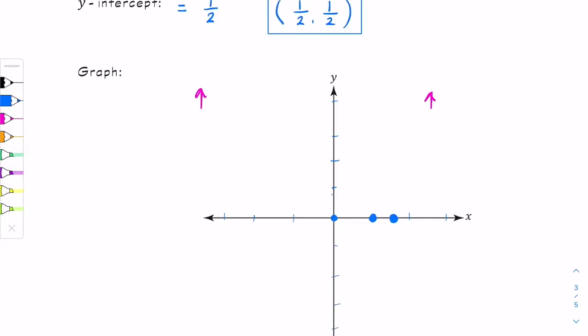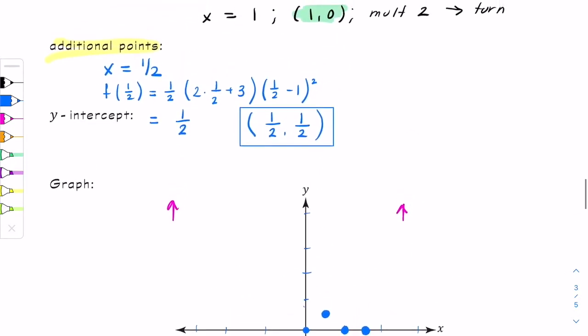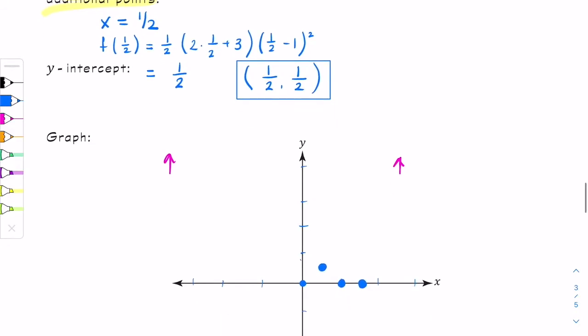All right, I just graphed some increments on the y-axis. Again, you can space them out however you want to, but I know I have to plot a point at 1/2, comma 1/2. Next, I'm testing a value between here